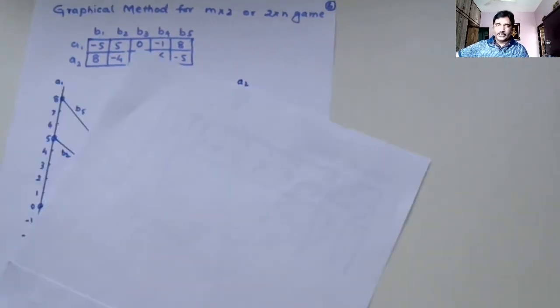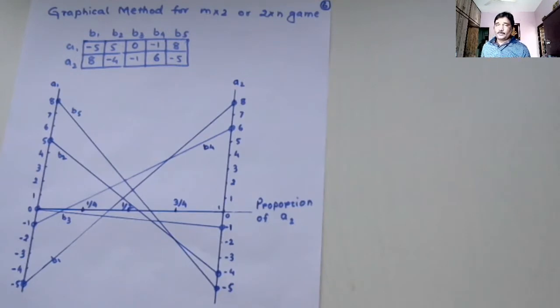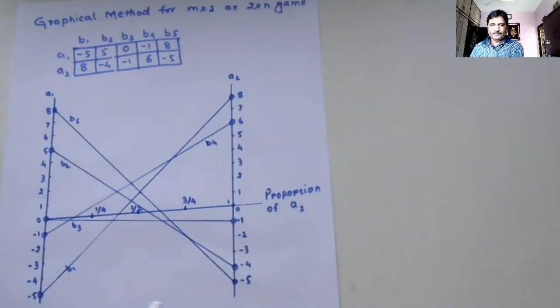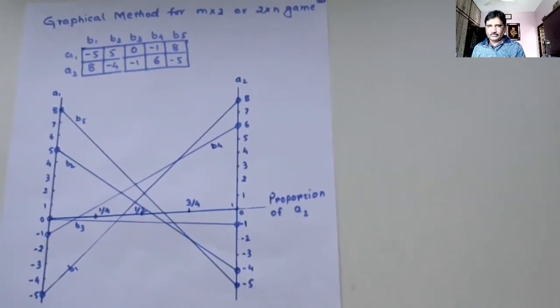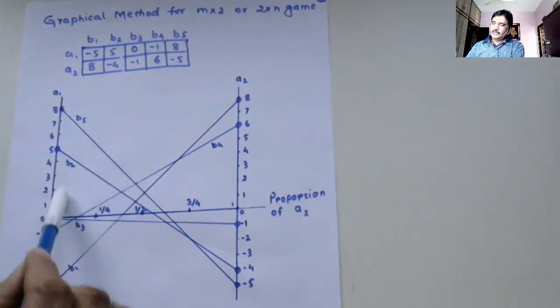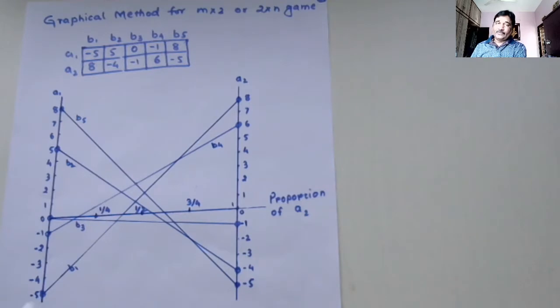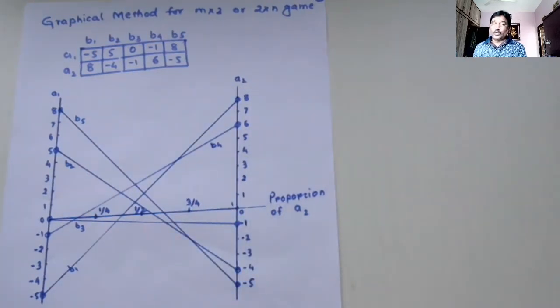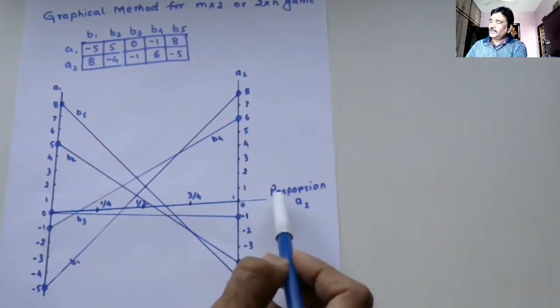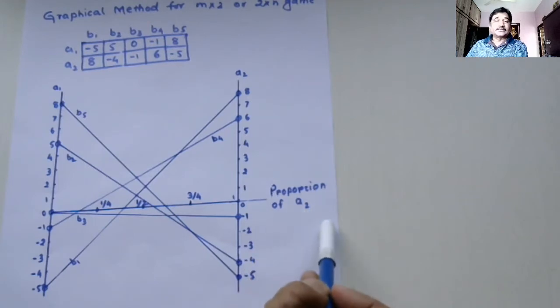I have already drawn it. I'll be explaining from the graph which I have drawn. Both the lines are vertical, perfectly vertical. In your video you might see them converging like this, but they are actually vertical. This line is for representing A1 and this for representing A2. What of A1 and what of A2, that we will be seeing soon. And there is one horizontal line which is labeled as proportion of course of action A2.